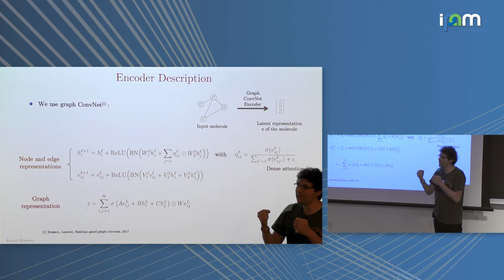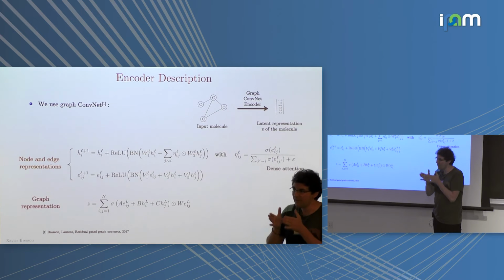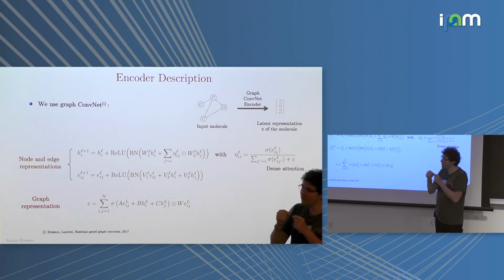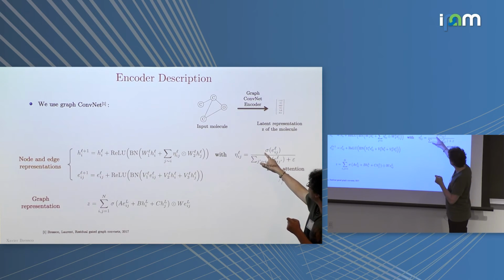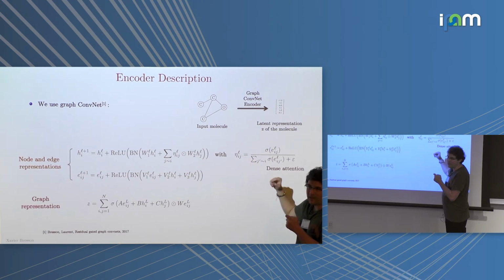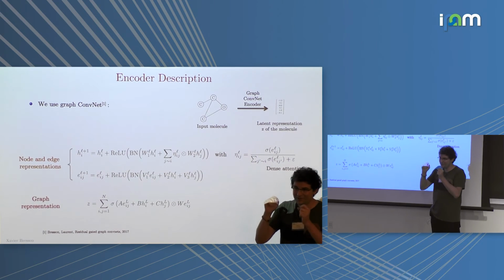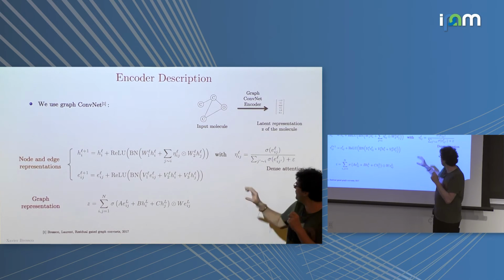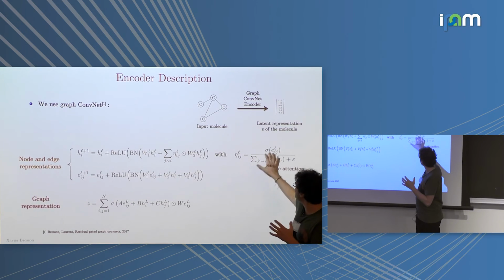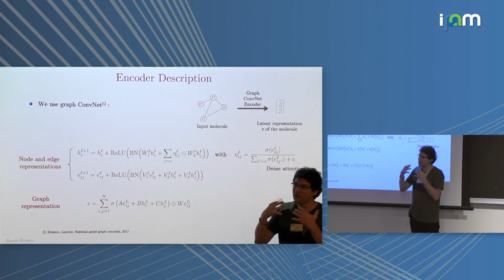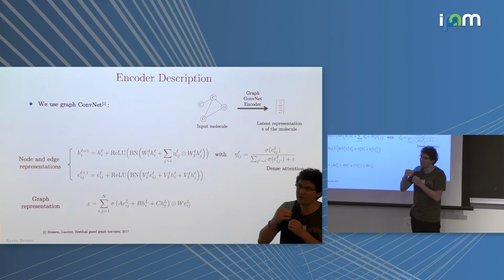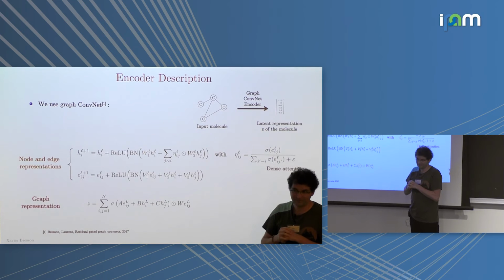Now the question is what kind of attention you're going to use. A sparse attention means that one atom will only be connected to one or two other atoms. If you take the exponential and sum over the exponentials, it's a very sparse attention: you just connect one or two. Here what I do is a dense attention. There is no exponential, so there is a chance that this atom is going to be connected to maybe 3, 5, 10 other atoms.